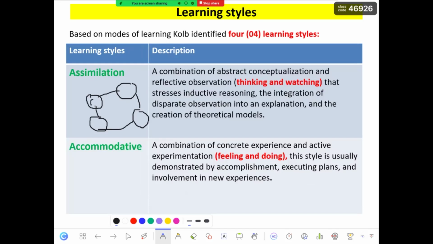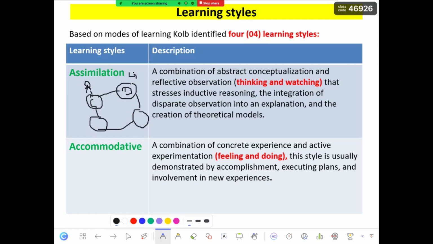This is convergent, this is divergent. And what is convergent? Simply, the idea is drawn by means of a picture, something like this. The meaning of this divergence can be drawn by means of a picture,